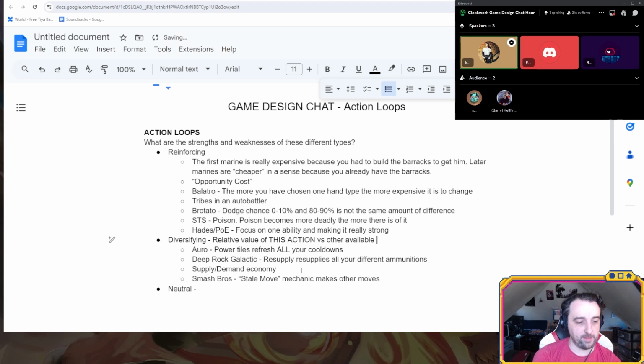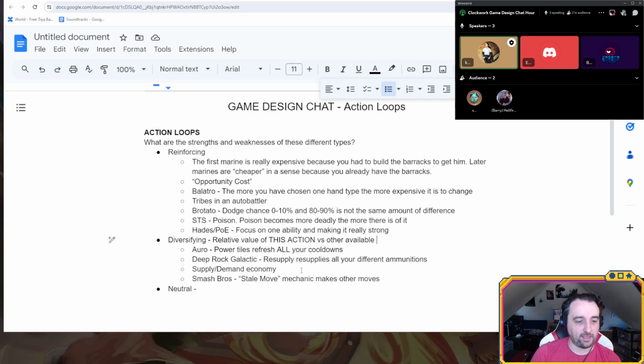Okay, that's cool. So let me just really quickly reinforce this. I do now think maybe the word loop might not be necessary here. But in any case, reinforcing an action means to make it more powerful as opposed to your other available actions.